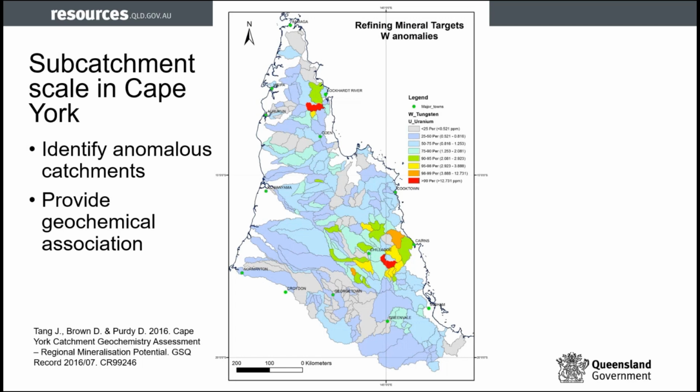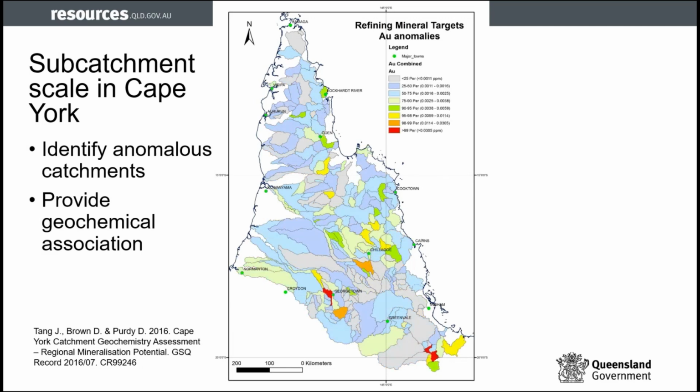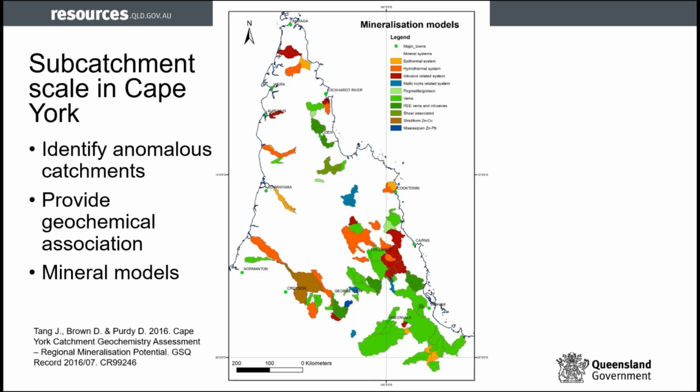And that's for tungsten, that's for bismuth, that's for gold. And like I said, you got 60 odd elements there that you could use to target. That fast tracks a lot of your exploration. Instead of going around doing stream sediments, we have done a lot of this for you already. So it's a question of just picking it up and going ahead, asking the right question, the how and the